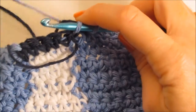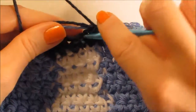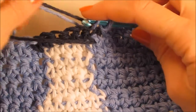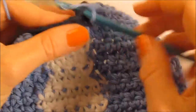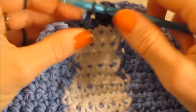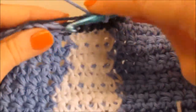Remember just to pull up the loop, pick up the dark blue that's on the ball, or whatever color you're using for the hat, complete that stitch, and let's make 1, 2, you know what, let's do 1 more of the light blue, because I want it to be a really defined hat, like that you can really tell it's a top hat. So let's go in 1 more. So complete that stitch with the blue, go in 1 more, with that, pick up the dark color, complete that stitch. Now we're just going to have 2 with the dark color, so pull up that loop in the second, pick up the light blue, complete that stitch, and then complete to the end of the row